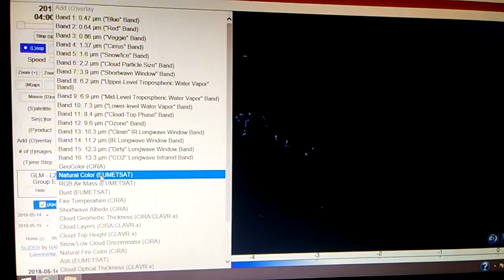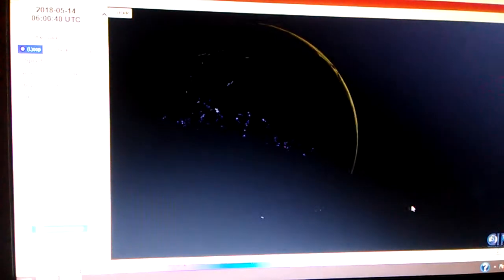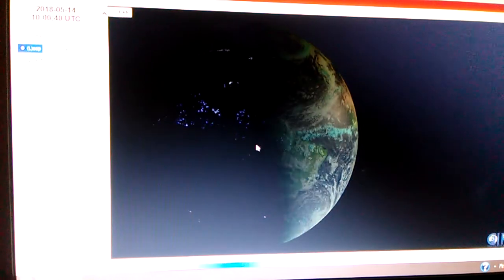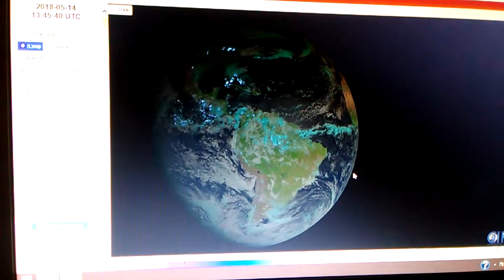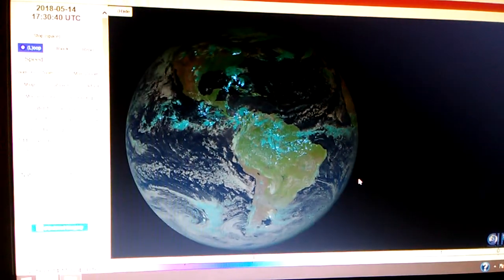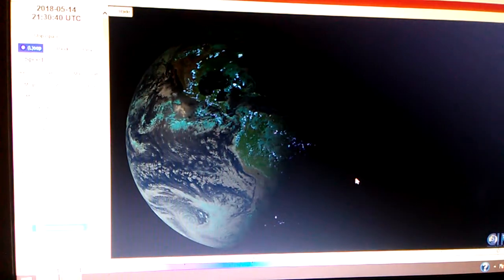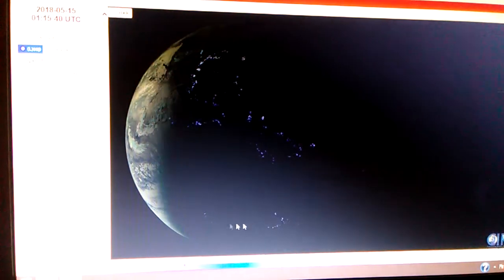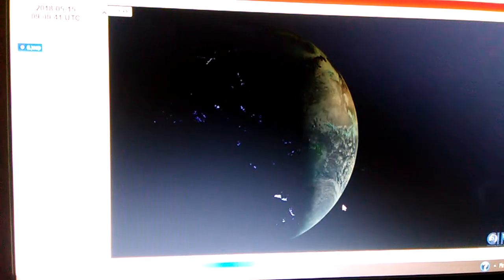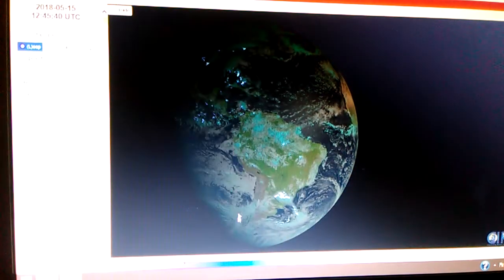But what I always do next is add an overlay to my energy of natural color, because I want to see out of all this energy what can be associated with cloud patterns or storms. It turns out a lot of this can be today. I mean, almost all of it. You've seen a little interference go across the bottom. I think you did. Maybe you didn't. But I noticed that also.